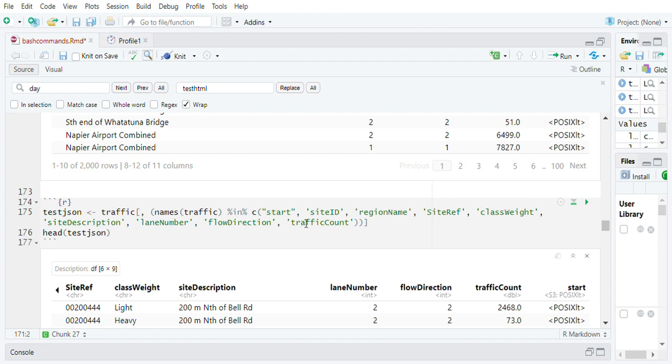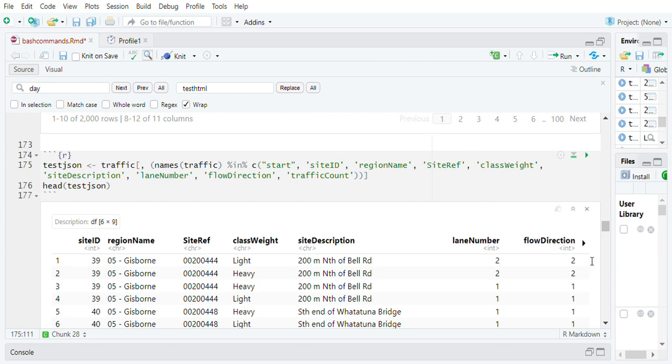So we want start, site ID, region name, site reference, class weight, site description, lane number, flow direction, traffic count. Close the brackets, and when we check the head of the test JSON,